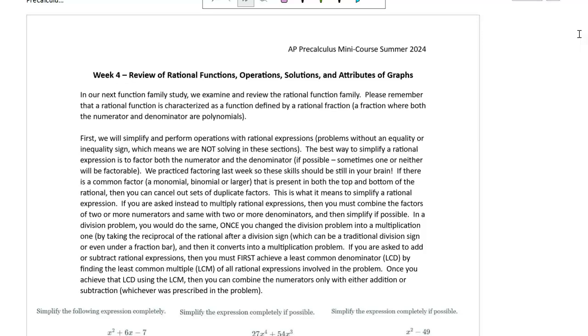Last week we started talking about function families and we focused primarily on polynomial functions. This week you'll see a lot of commonality with last week's lesson, but this week we're shifting to rational functions. Now if you look at the definition up here, a rational function is characterized as a fraction where both the numerator and the denominator